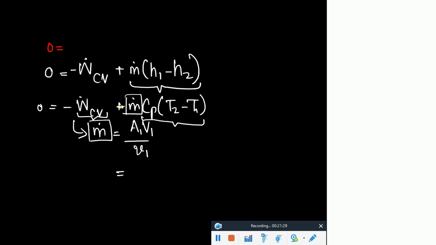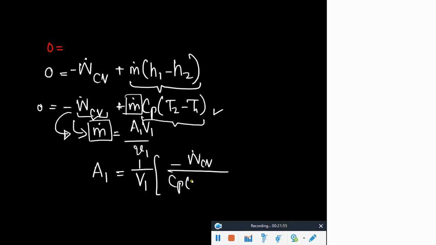If you get the value of M dot from this relationship and put it over there, you are establishing some kind of equivalence between the area and the temperature at the outlet, and the velocity at the inlet. So everything would be related then. Let me write down the final expression. This A1 would be equal to 1 over V1 times minus W dot CV over Cp T2 minus T1